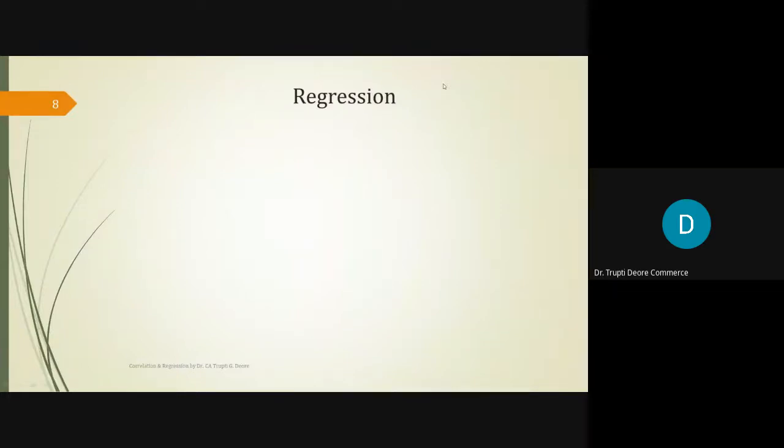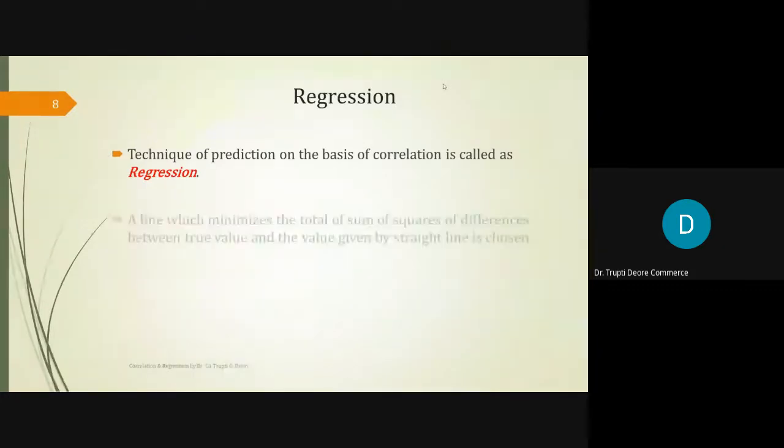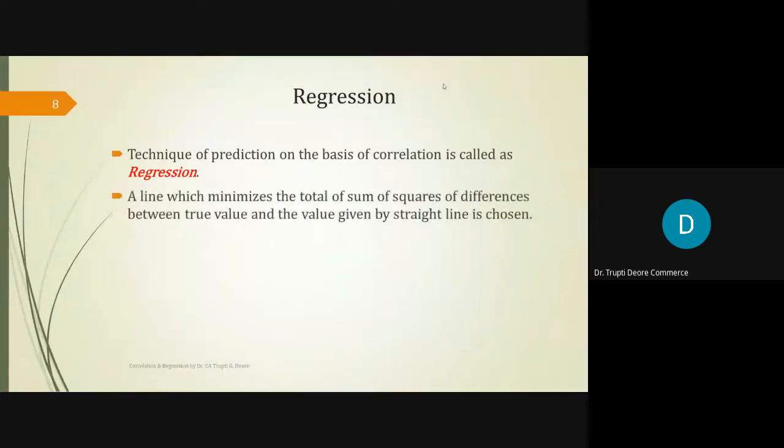Now, what is regression? Regression is a technique of prediction on the basis of correlation. That's why this chapter is named correlation and regression, because regression is based on correlation. Regression is a line which minimizes the total sum of squares of differences between the two values and the values given by the straight line chosen. It means when we draft